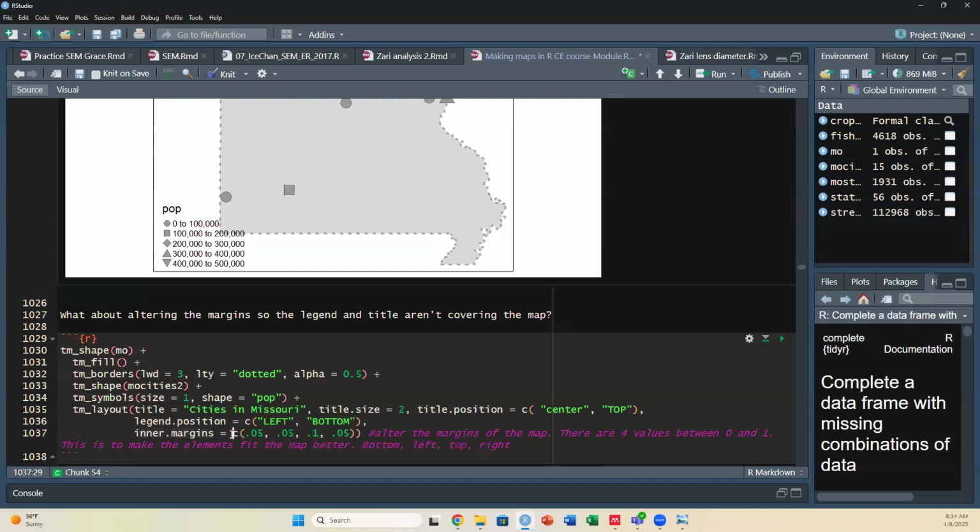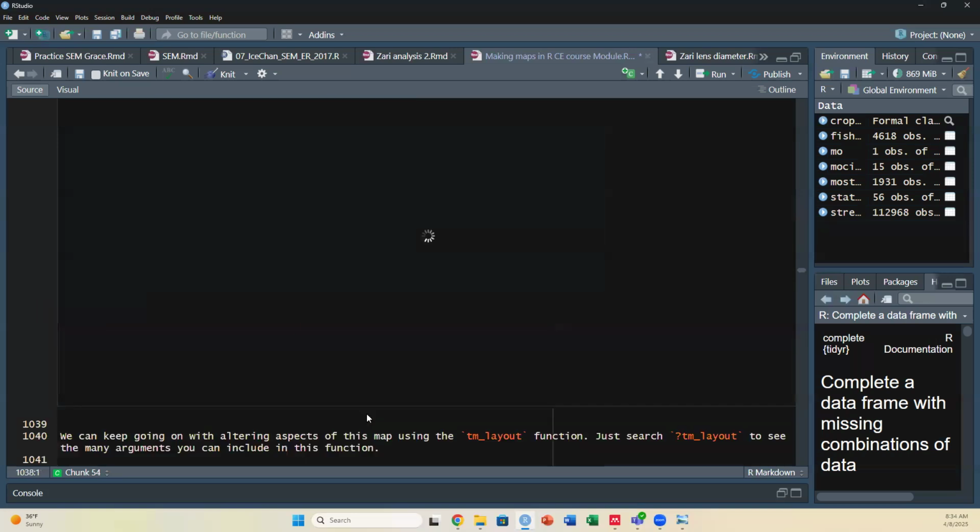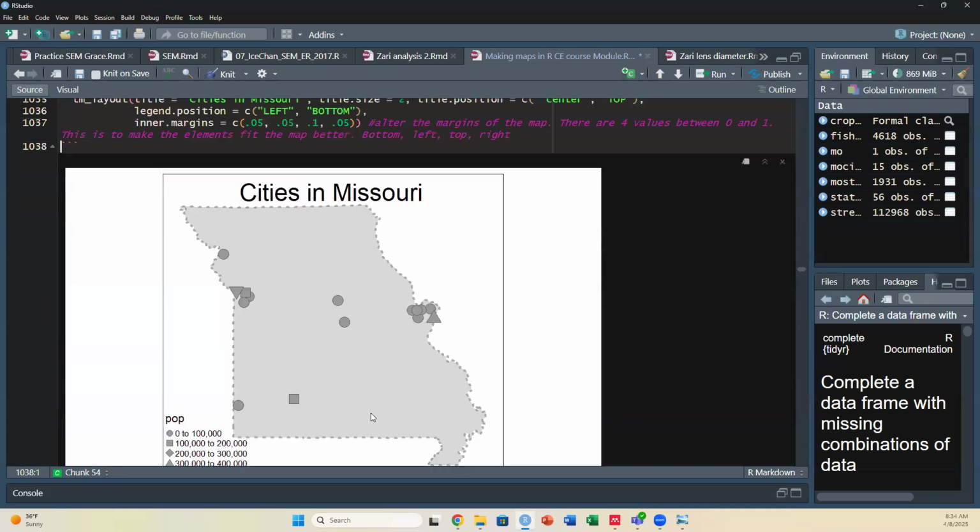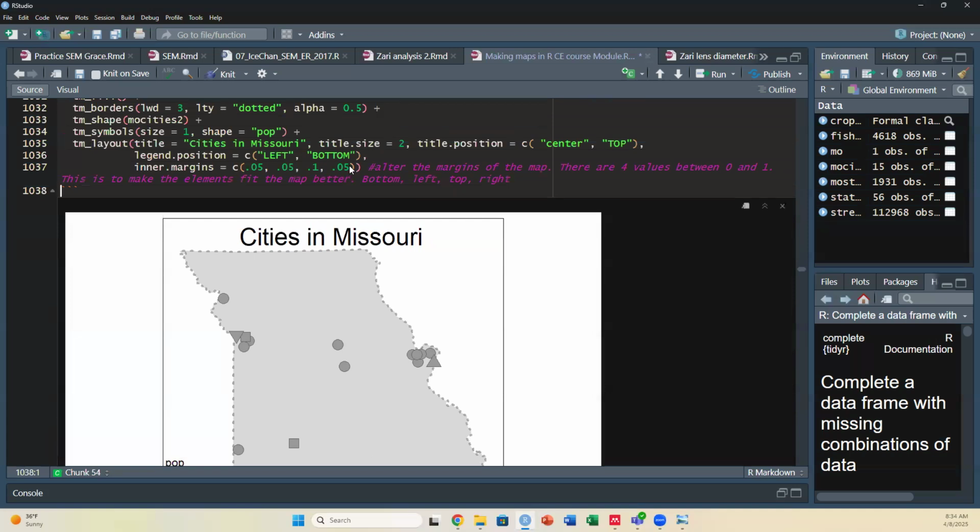And we do concatenate here and we just put in our margins. So these are 4 values between 0 and 1. And this is to make the elements of the map fit better. So it goes bottom, left, top, right. These are between 0 and 1 for each one. I played around with this before recording to know which ones to put in there, so you can alter them